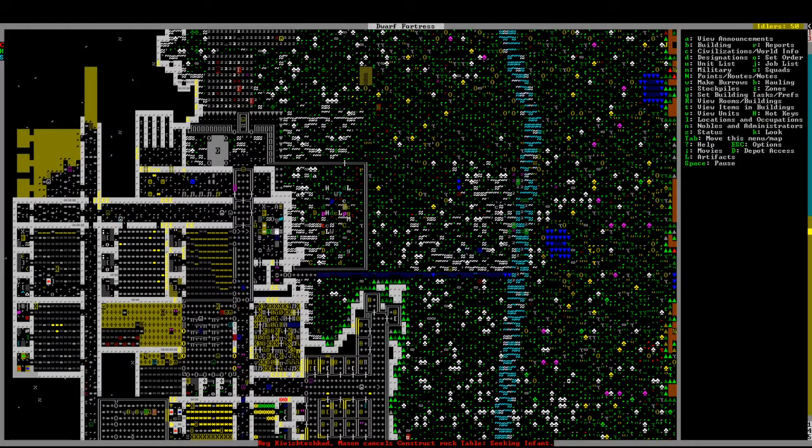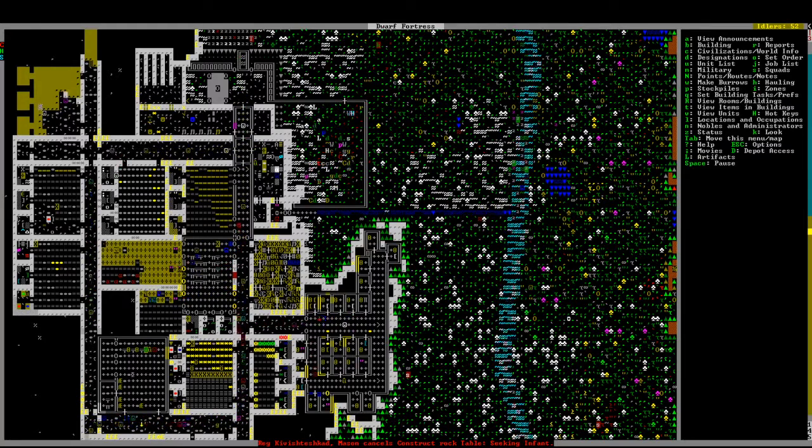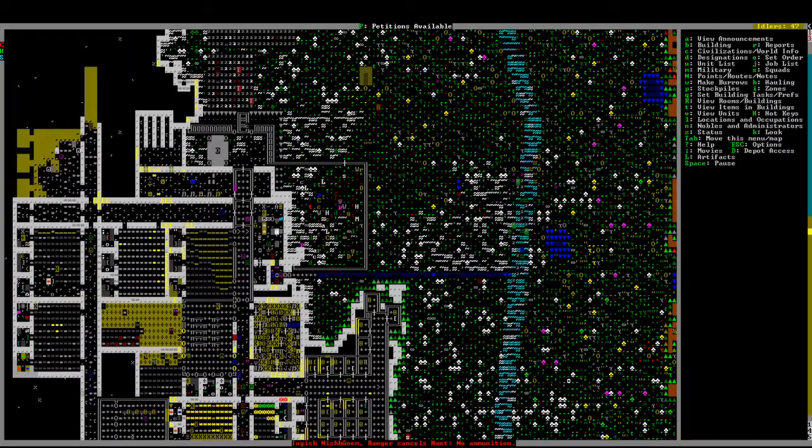Oh, Mason had a baby. I cancel creating a table. It's just like, I'm working on this table. Oh wait, I just had a baby. Let me have a look for it. There it is. Okay, now we're back to work. I know dwarves are pragmatic, but...